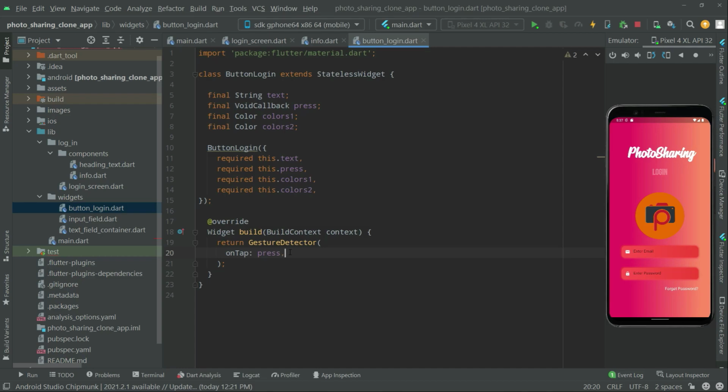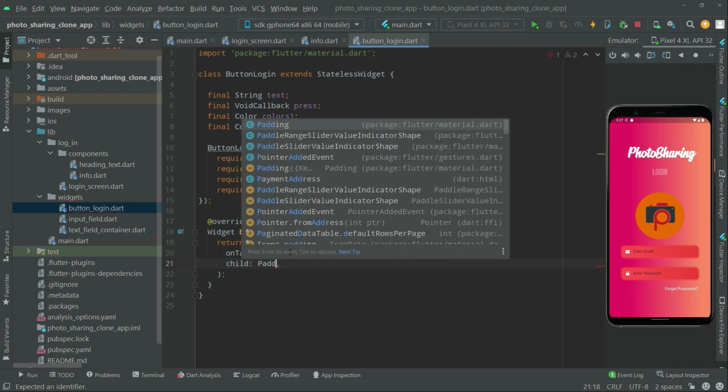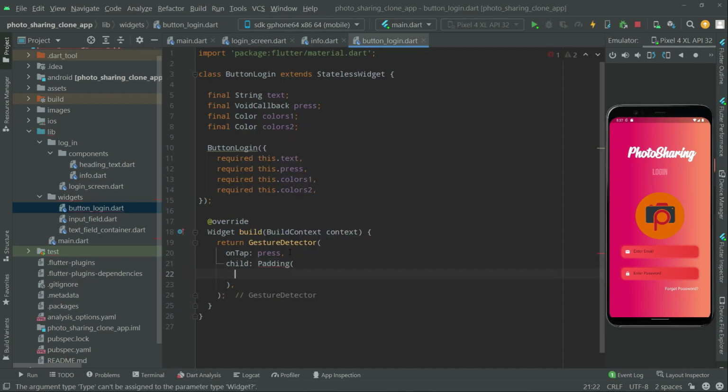So right in here child, and in child let's do some padding, to give a proper shape. Edge insets, we will go with only, we will set the top to 6.0 and the bottom will be 6.0. Okay, and right after in here child go with container widget,